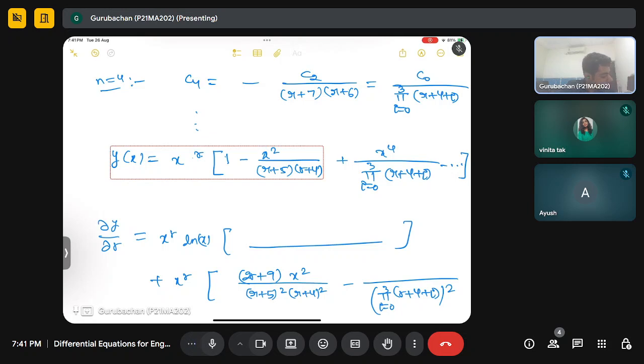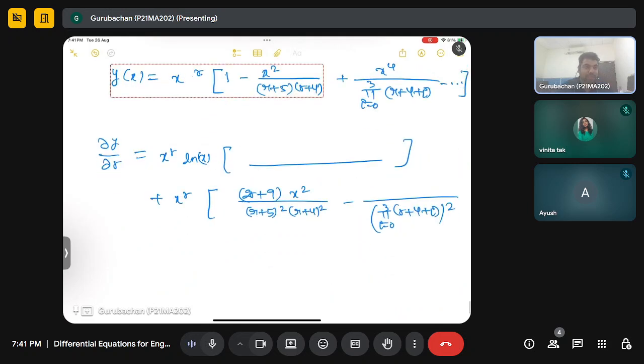So like that you will get the quantities of the multiple. If you explicitly write it, for example, first term will be r plus 4, r plus 3,